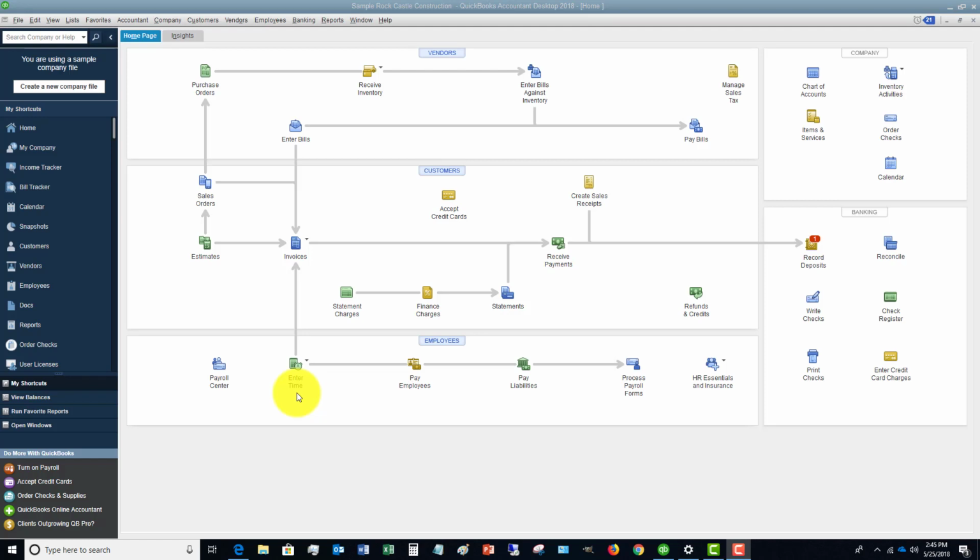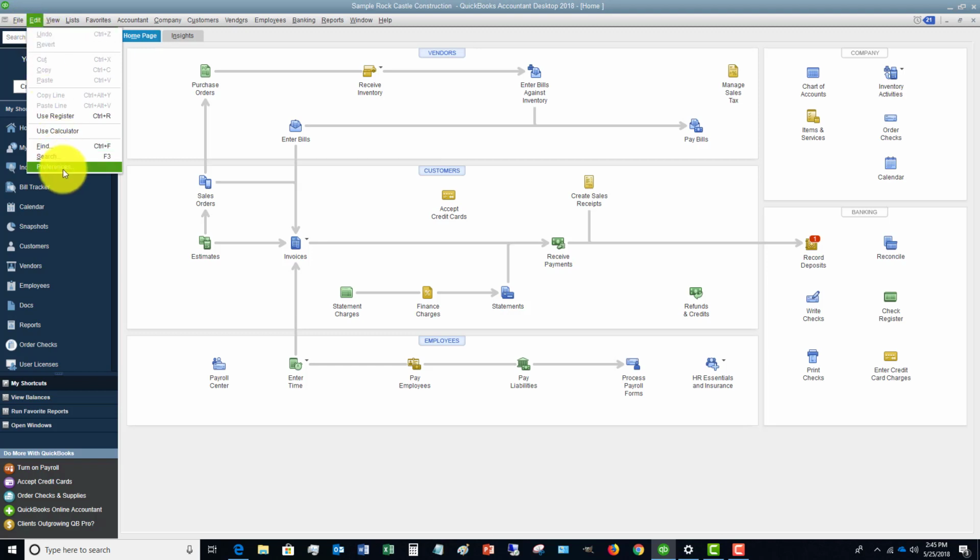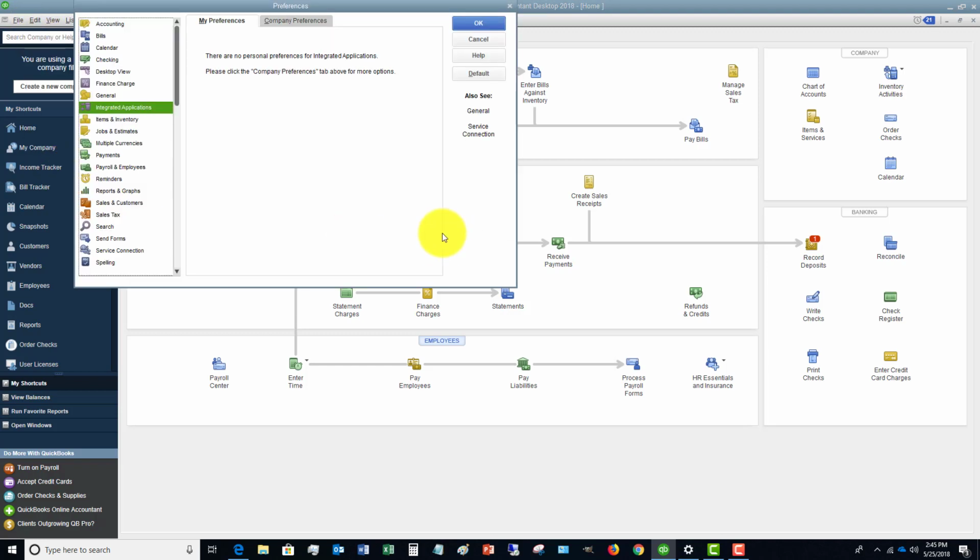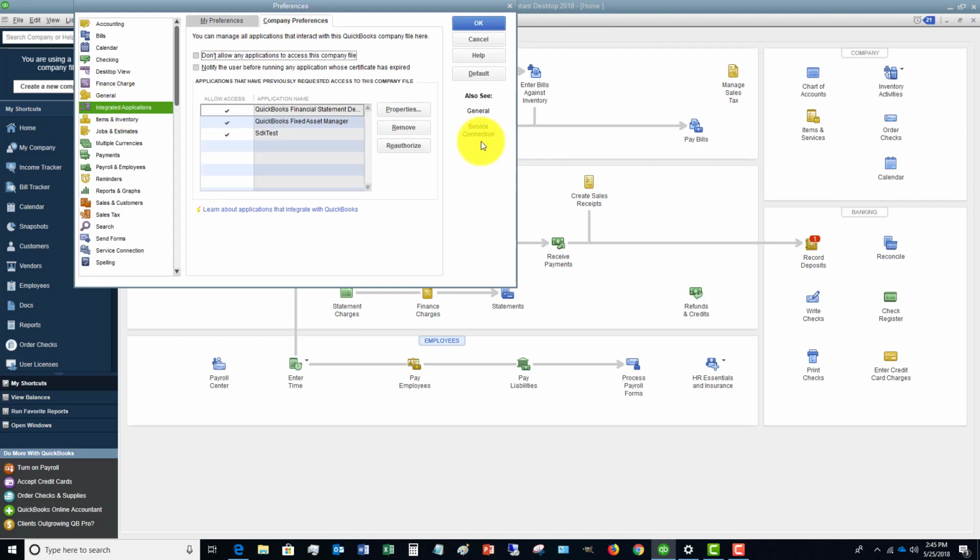All right. So here's what I wanted to show you, that if you ever run into that situation where you're like, I need to see if QuickBooks will help me do this, and you just can't find it, we want to go to the desktop app store from Intuit. Okay, so let's go up here, go to Edit. We're going to go to Preferences. And you'll see here there's this Integrated Applications option. If you choose that and go to Company Preferences, you're going to see the applications that have integrated access